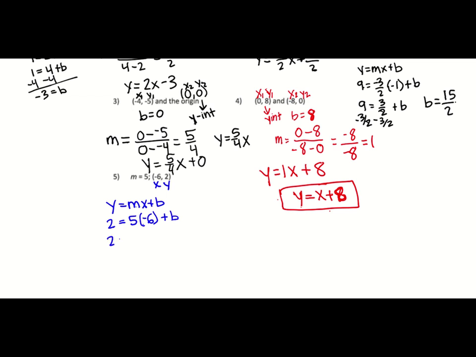So if we have 5 times -6, that gives me -30. Add 30 to both sides. I get 32 is equal to b. So my equation, y equals m, x plus